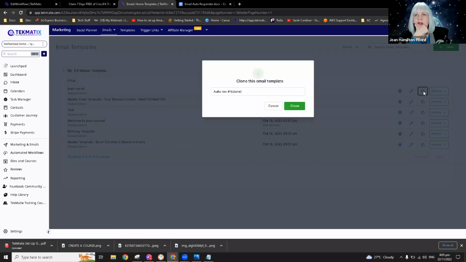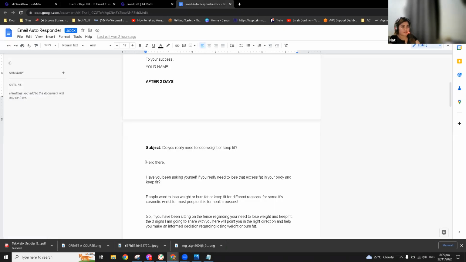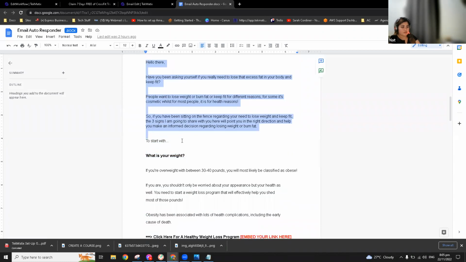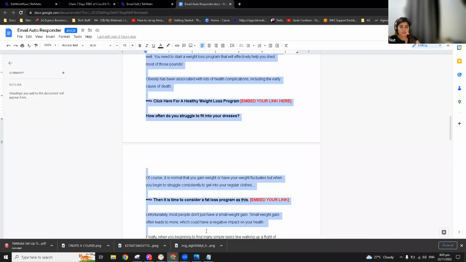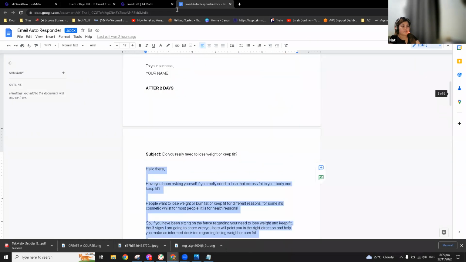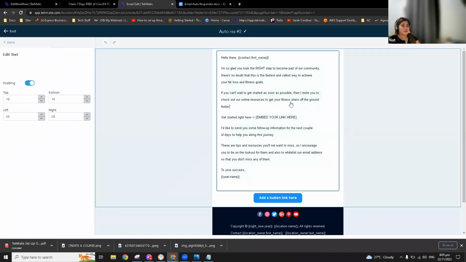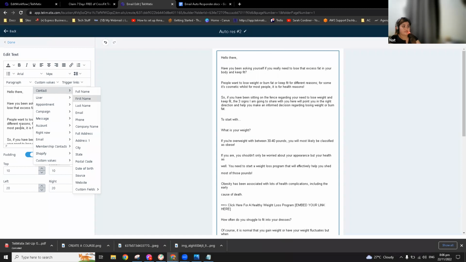Yeah. So let me just copy this one, and then I'll do it like the email responder too, so I won't start from scratch. Let me just copy the content I have for the email too. I have it somewhere in here. Yeah, so basically I'll go to email builder and do the same thing. I'll add custom values to customize it. Basically the user, and then maybe full name. And in here will be the contact first name to make it personalized.